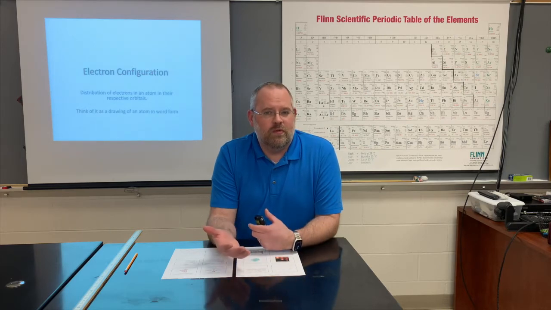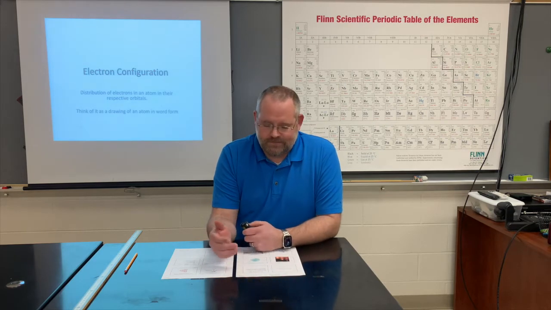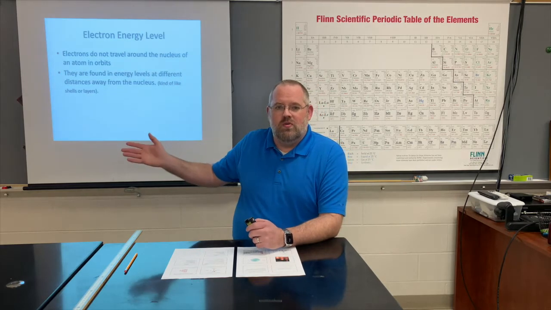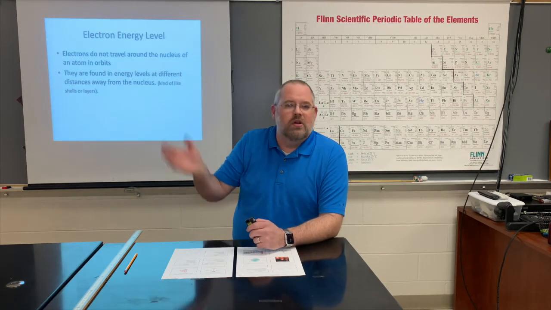Today we're going to be talking about electron configuration. Now, electron configuration is a way to kind of draw an atom but in word form. But what it really is, is the distribution of electrons inside of an atom. Now, we've always been shown that electrons are moving around the nucleus in a circular pattern, but that's not actually